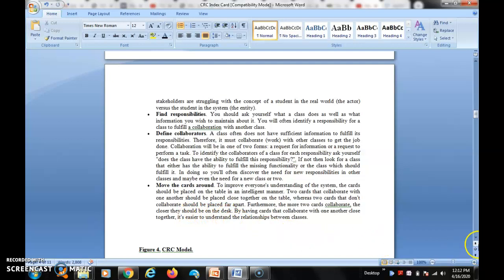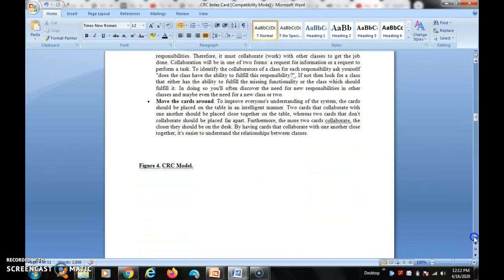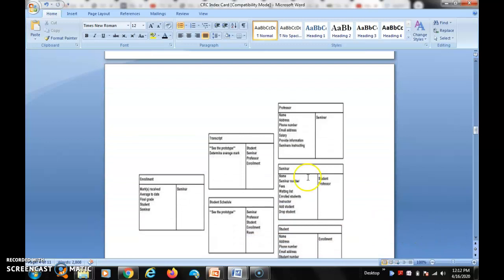So the CRC model is a combination of multiple systems. So here, a professor can teach the students. Then professor address, name, designation, experience, salary.